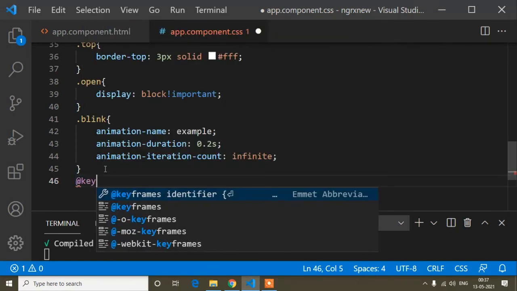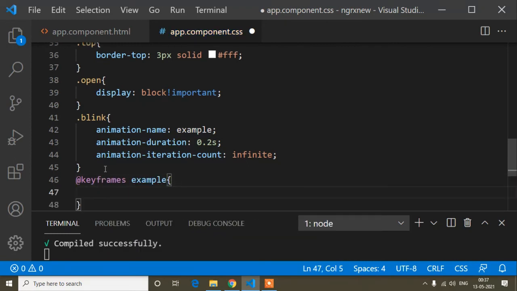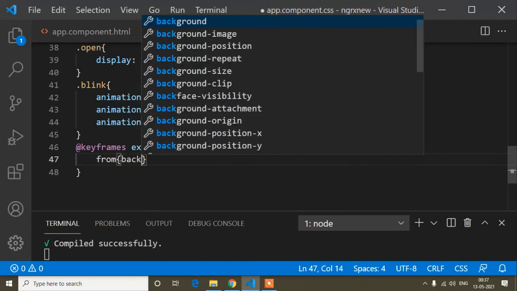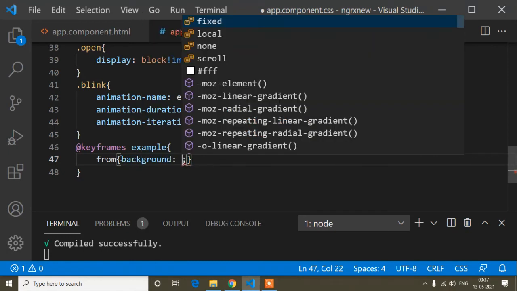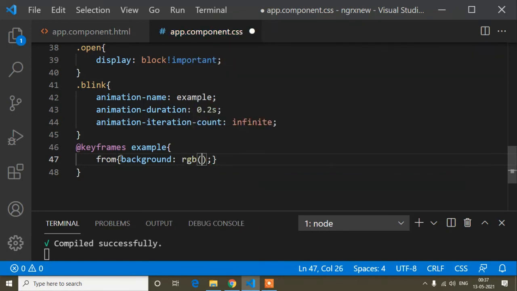So at the rate keyframes example, this is the syntax for defining an animation with keyframes. Here I will write from, background is RGB 19, 0, 0.